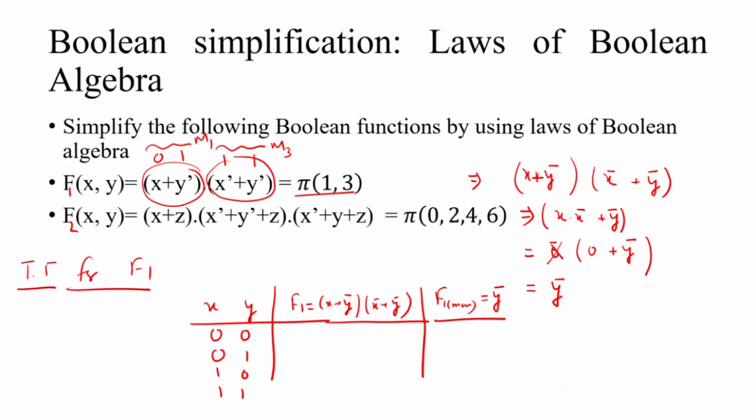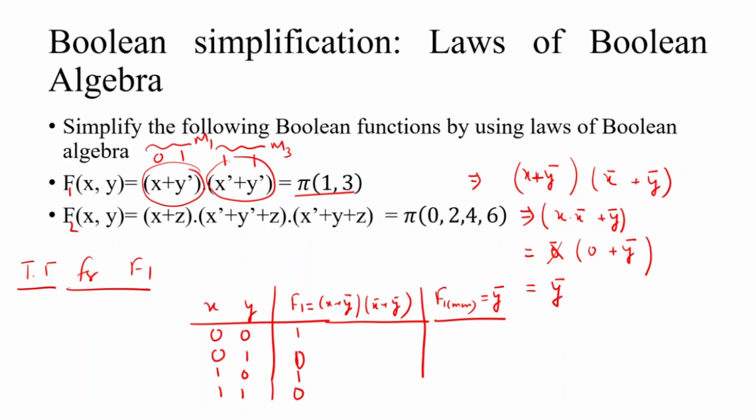From this function it is clear that all the terms are max terms containing all the literals. This means we can directly say that in this combination, when the value of x is 0 and y is 1, the output is 1, and when the value of x is 1 and y is 1, the output is 0, because this is also 0, and in the rest of the combinations the output is 1. For those terms that are not present in the representation of the function in POS form, in that particular max term the output is 1. Only for the max terms present here the output is 0, because the function is written in POS form.